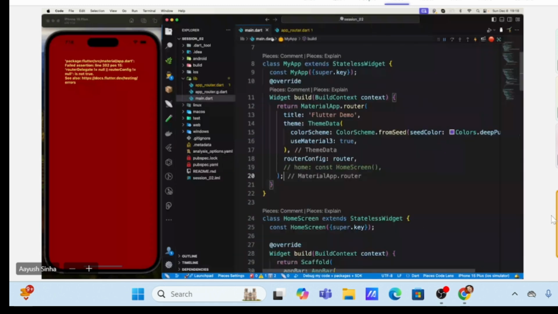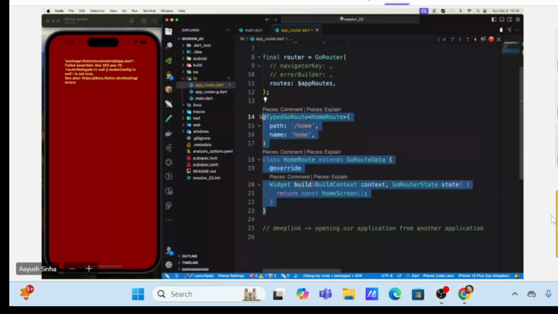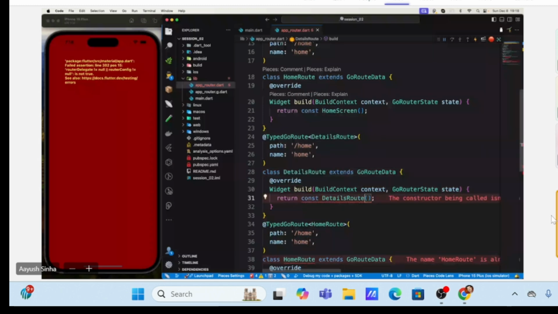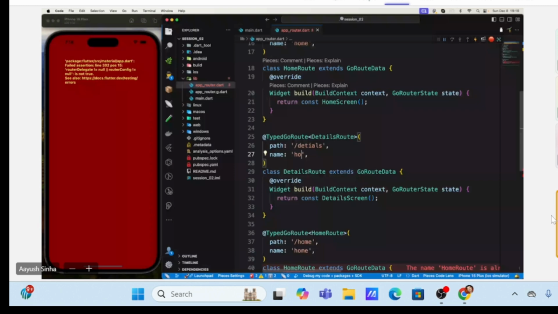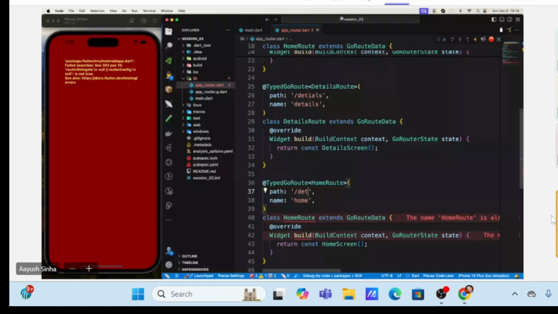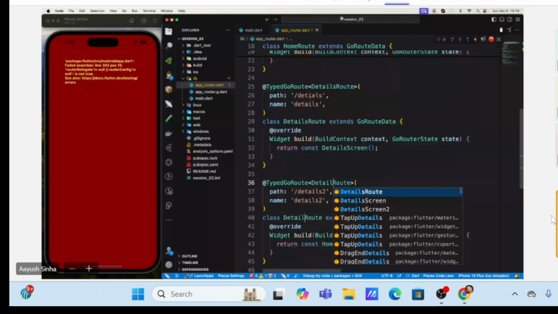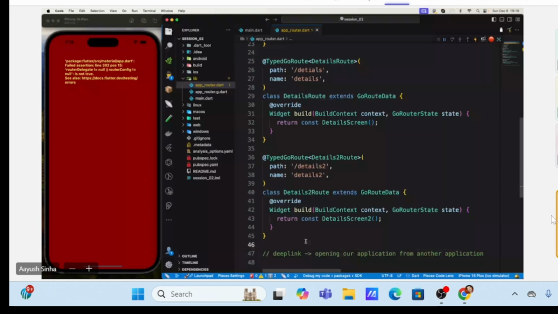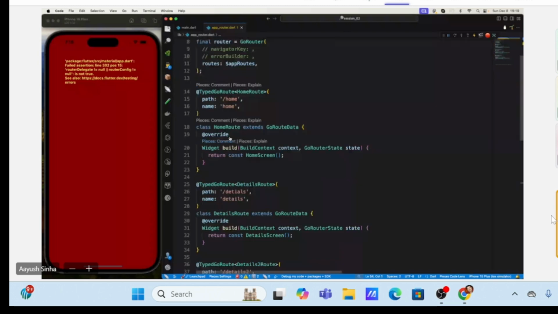Now I will just create the routes for the other two screens, which is detail screen and detail screen 2. I will just rename these two. So I have done nothing. I have just created the routes similar to the home route for the details route. For the detail screen, I have created details route, and for the detail screen 2, I have created details 2